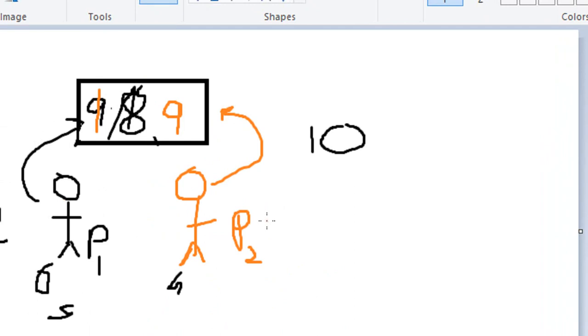But since we are running threads and we have concurrent or parallel execution, it may happen in a particular case that both these persons access the box at the same time, read the value on top as 8, and both of them write 9 on the box. So even though we executed it two times, the value increment happened only once. So it is 9.